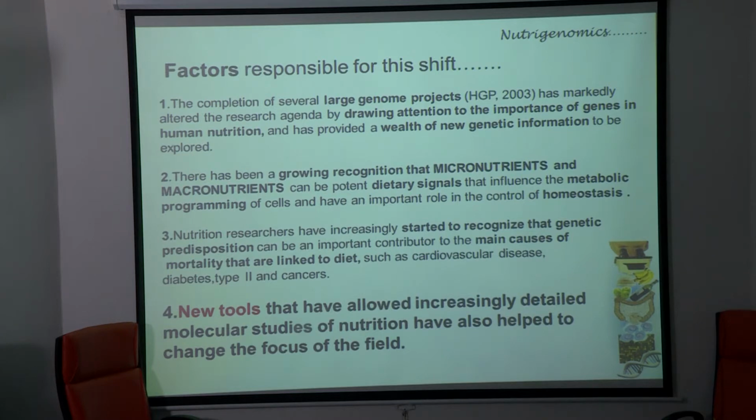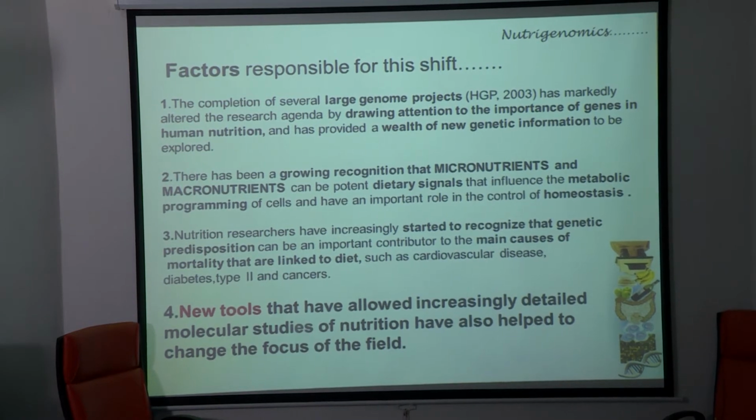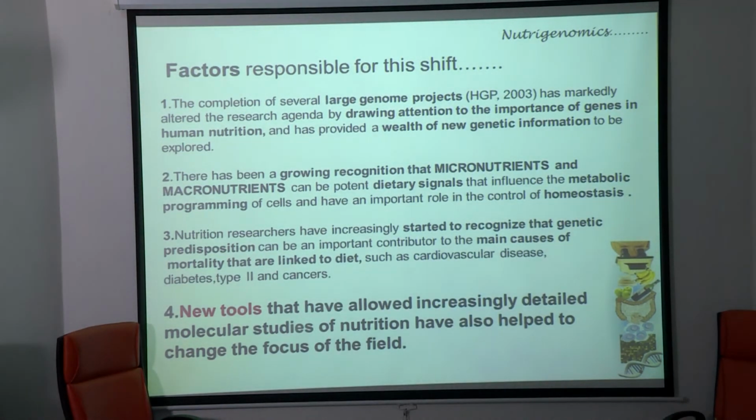Also, the researchers have started to recognize that the genetic predisposition of a human being is important in contributing to the main cause of mortality, which is linked to the diet, especially diseases like CVD, that is cardiovascular disease, or type 2 diabetes and cancer. Every human being has a different predisposition towards these diseases. If arthritis is there, it's not that it's going to be prevalent after this age in everybody. So everybody is predisposed in a different way to a certain kind of disease, whether it's cardio disease or a bone disease or any other, or related to sugar